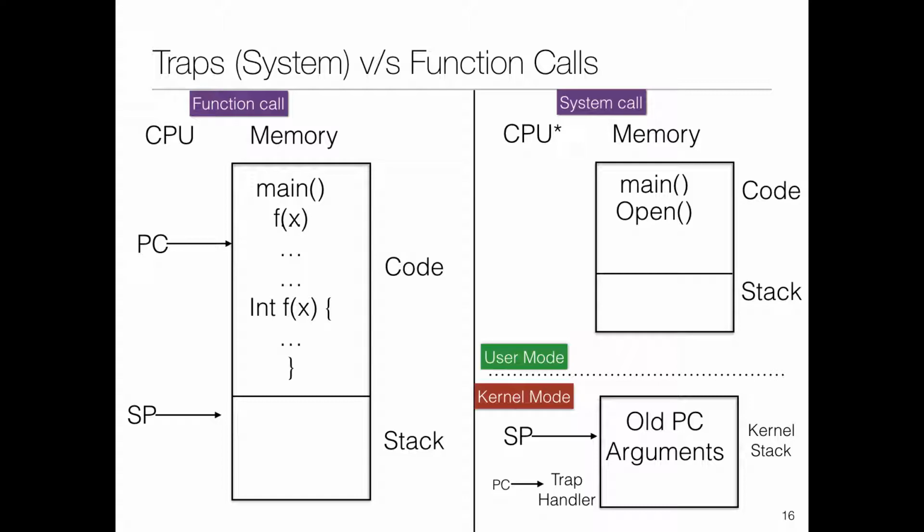I've denoted that by putting a star next to the CPU. It goes into a different state. The stack pointer: we still maintain the same notion of a stack, but instead of a regular program stack, we now have a kernel stack. In the kernel stack, we push the old program counter and the arguments, and the program counter now goes to the trap handler. So instead of going to int of f of x, think of it as something similar, but